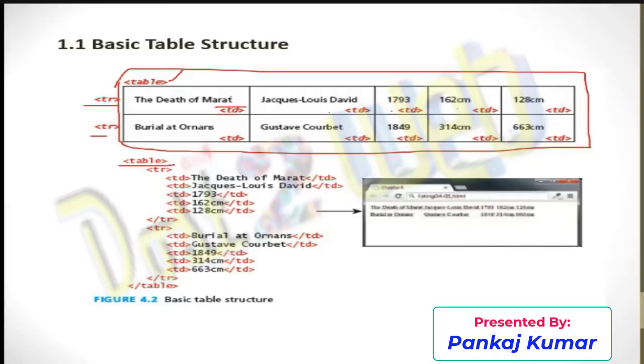You can see here the table tag, with opening and closing for this table. Next, as I mentioned, you have to use table row. So table row opening and closing. Now in between that we'll have table data, TD. I'm using TD here. Okay. And whatever element you need, whatever data, just define it. In a similar way, another table row. Like this way, however many rows you want, you can create. This is the table structure in HTML.